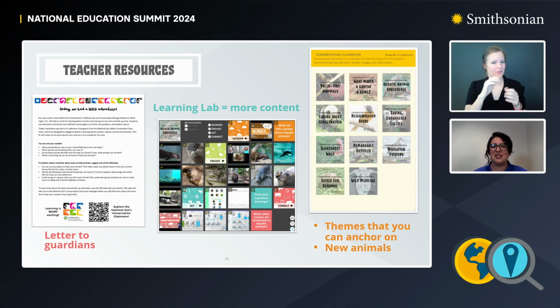We also have our Smithsonian Learning Lab, which is more content. It's a collection of lessons that contain all of our resources that we showcase here today. And it's a resource that you can use that help teach the lesson. All of these links are, again, on our website. And then just on the far right, you can kind of get a screenshot of an idea of some of the themes that we've highlighted. Next slide.